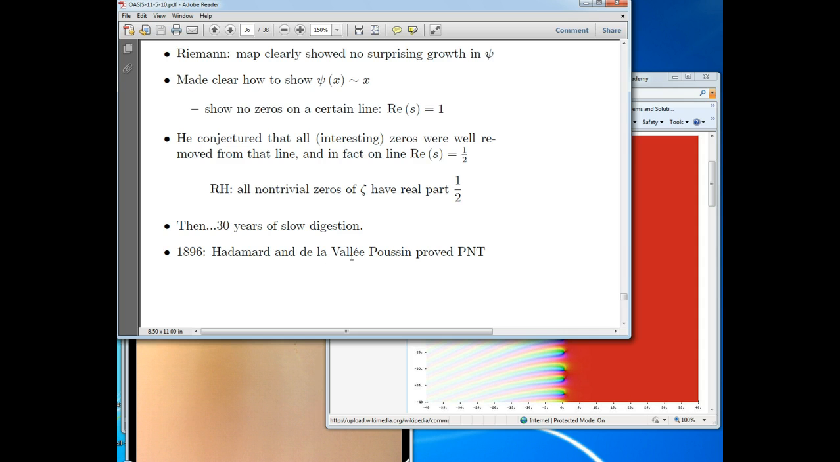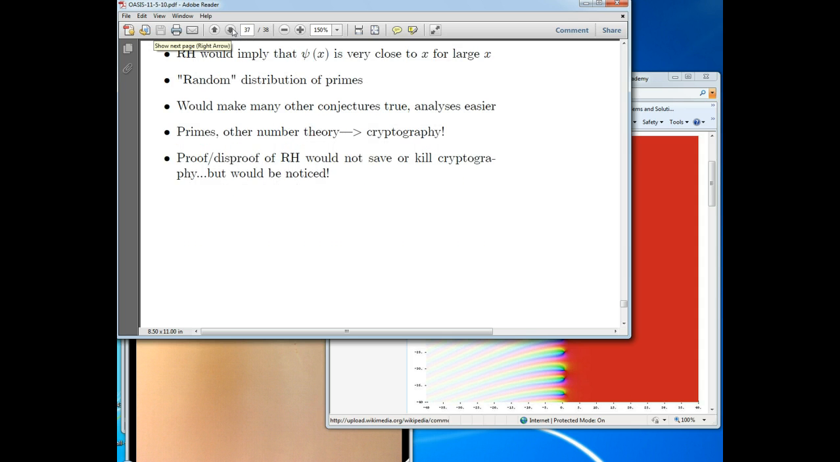In 1896, Hadamard and de la Vallée-Poussin proved the prime number theorem, which was using this, that they don't go over to position 1. They didn't have to use this much stronger thing, that in fact they don't get near 1, they actually are all on the line of location 1/2. The Riemann hypothesis would imply not just that psi of x is kind of close to x,